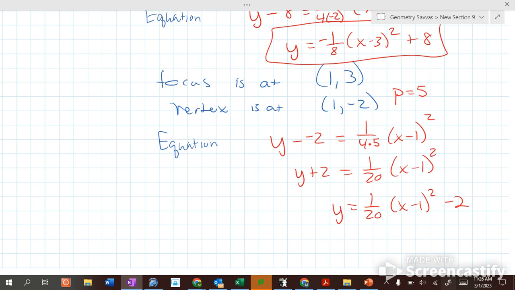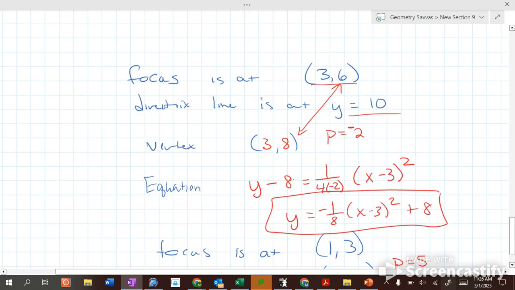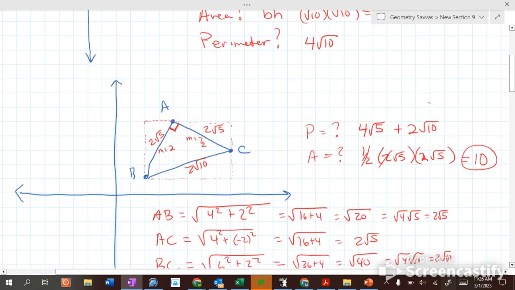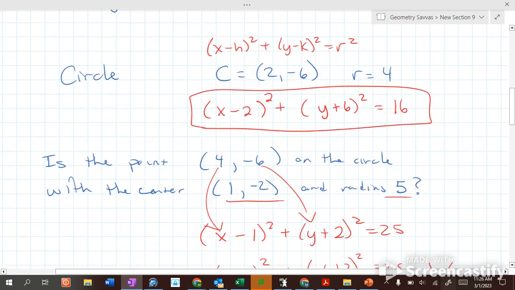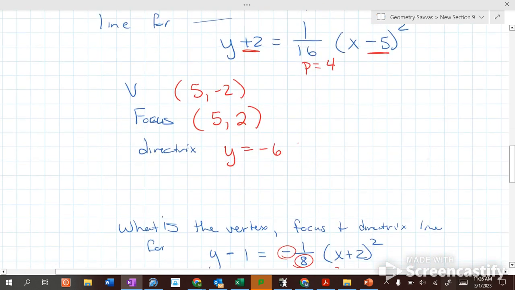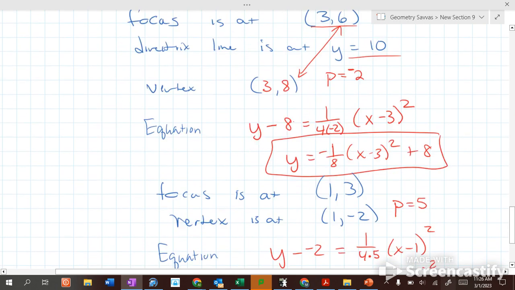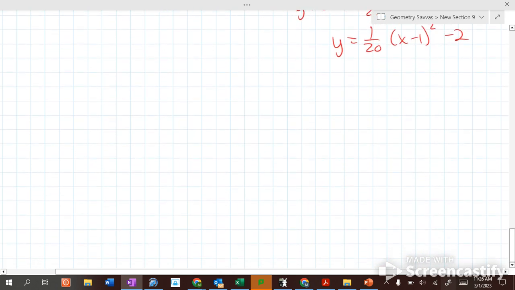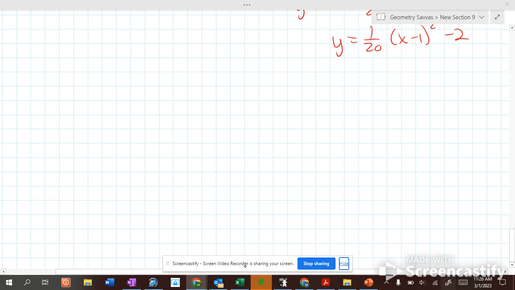That's the basics of everything on the test: distances at the start, circles, and then parabolas. All right. Good enough for that. I will hand